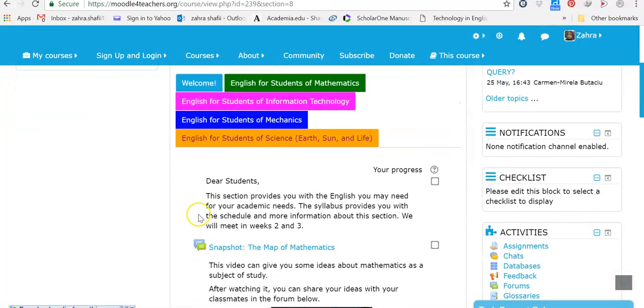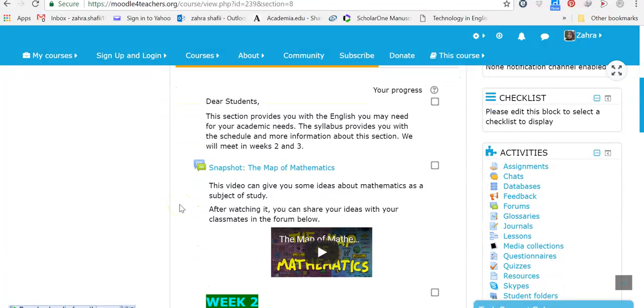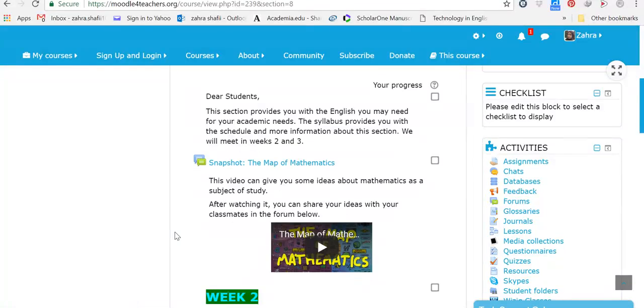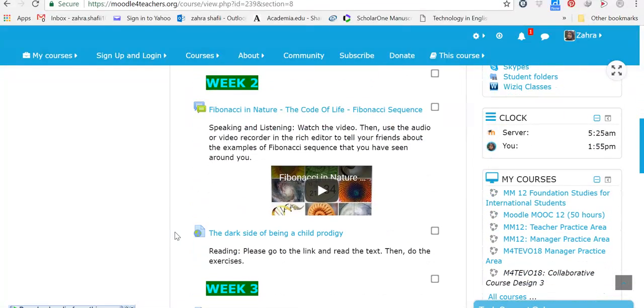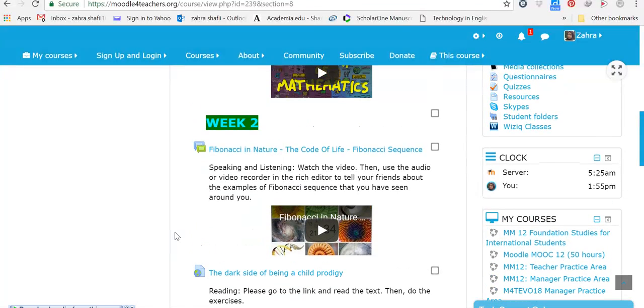First of all, there's an instruction about introducing this subject and the weeks that, according to the syllabus, they have EAP. Then there is a snapshot, the map of mathematics, in order to give some more ideas to the students about the course. After that, they have weeks 2 and 3 in the syllabus related to EAP.